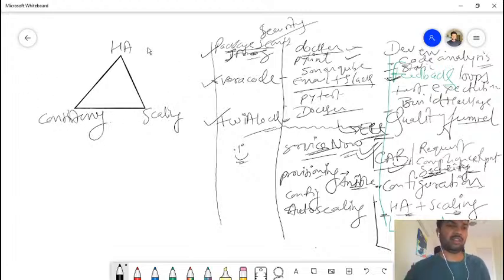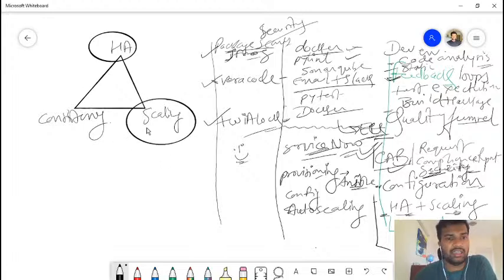That's another thing. You can choose only two. You can't choose the third one. All right. So if I choose high availability and I choose scaling, it means I will end up with a system that is eventually consistent and will not hold consistency between those different shards or nodes at all times.